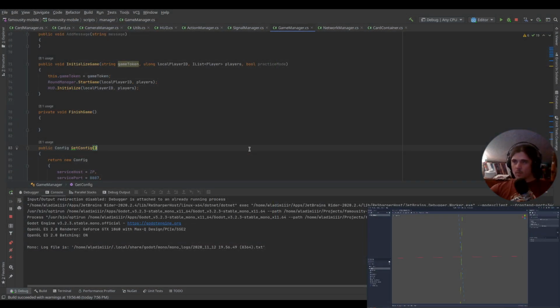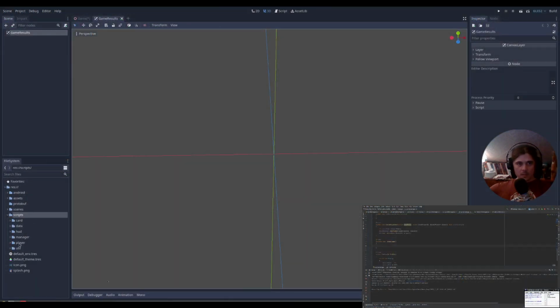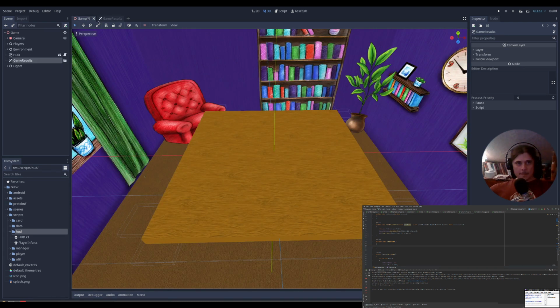Okay, and we will probably also have a script for that. So let's make a script. I would like to rename this one to UI actually, but I'm a little bit worried what it's going to happen. Actually, yeah, let's do it. Can I even do it from here? Yeah. So UI,